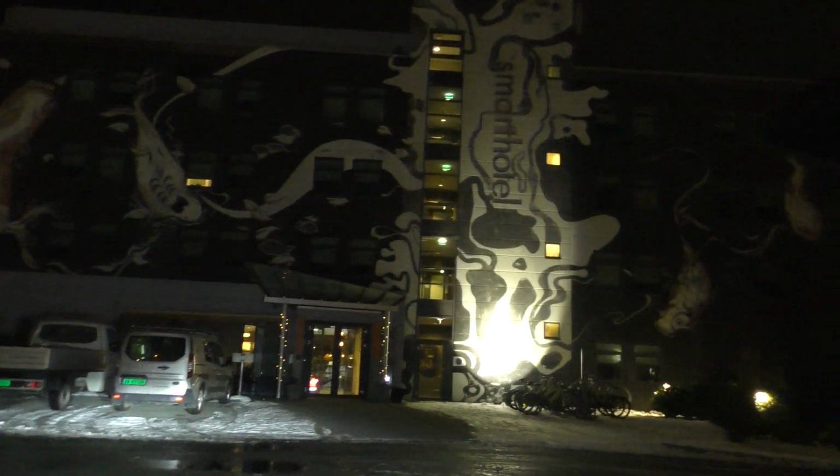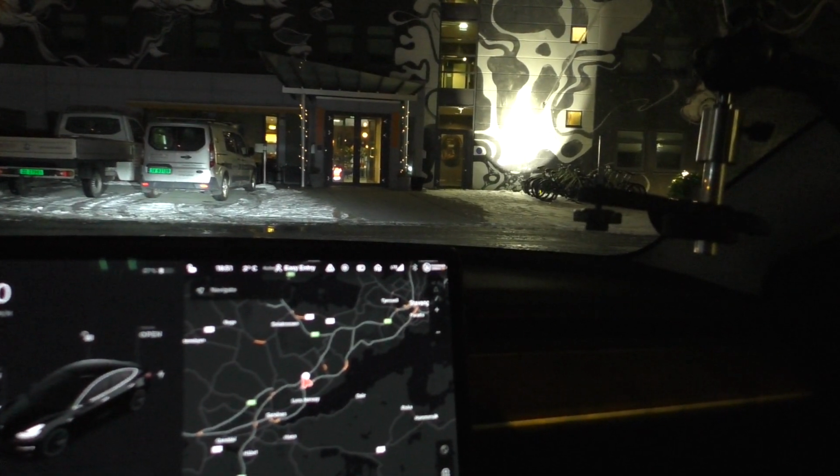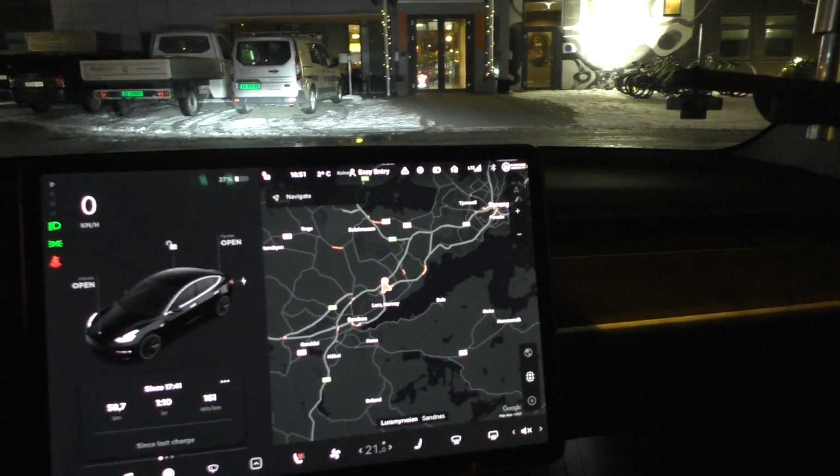Yeah, so you saw what happened. Well, it's a cool hotel, by the way. Some street art kind of things. Basically the weather conditions, and I'm not so used to driving on these kinds of slippery roads with snow,